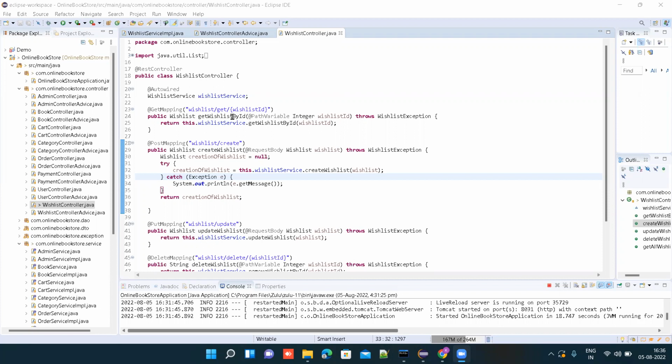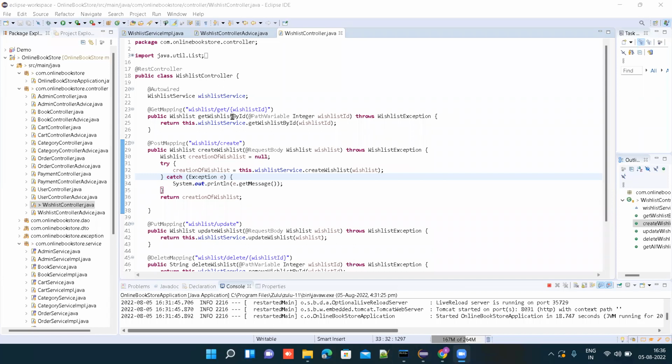In post mapping, basically post is an unsafe method. In this, we have created one object of wishlist and assigned it to null. Then we have done exception handling with the help of try and catch block.